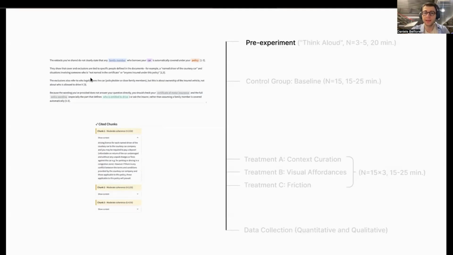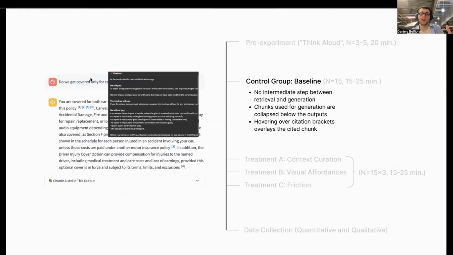We had a pre-experiment session where we were just testing random interfaces, random scoring systems, and we were trying to see if people prefer or be overloaded by highlighting all the named entities in output or scoring the chunks that would be part of the RAG system. And ultimately, we started defining the experiment.